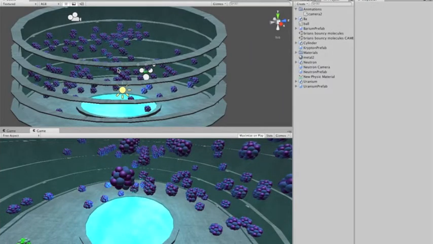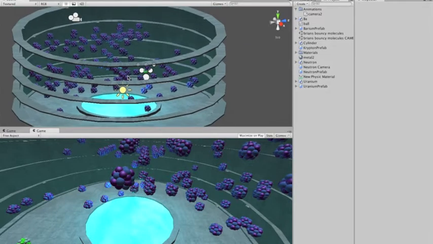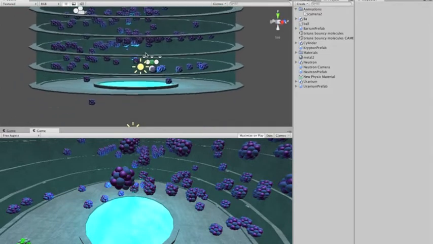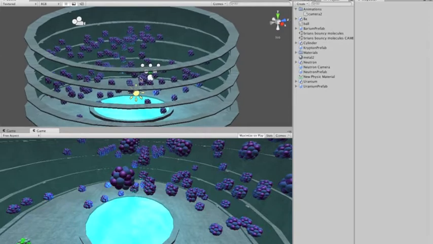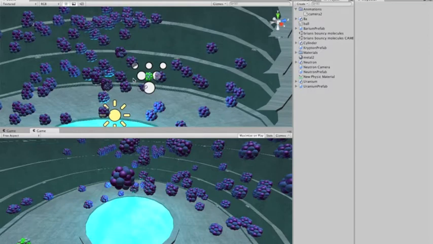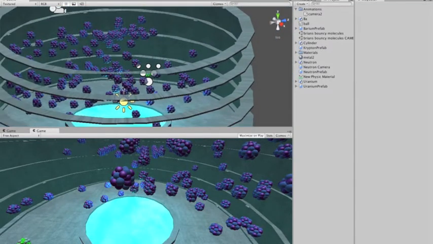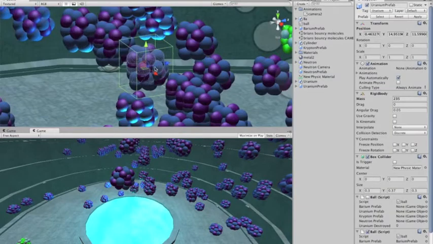Here we have the Unity scene editor screen where we have the original conditions for our simulation laid out. We currently have a lot of uranium atoms positioned all throughout the scene and a single neutron, which when the simulation starts, each will be given a random force in a random direction, which will determine their starting velocity and orientation. Whenever a neutron collides with one of these uranium atoms,